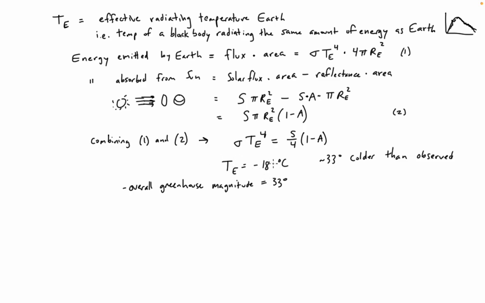So unless you can think of some other reason why, something else that affects the planetary temperature to any significant extent, it must be the greenhouse effect. That's kind of the only thing left. So that's a very useful constraint